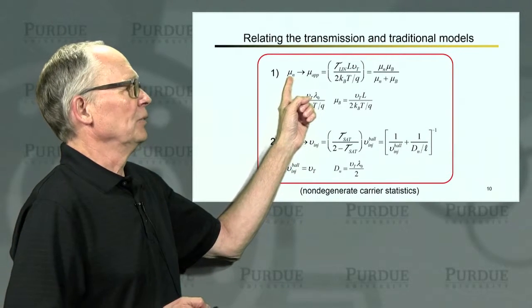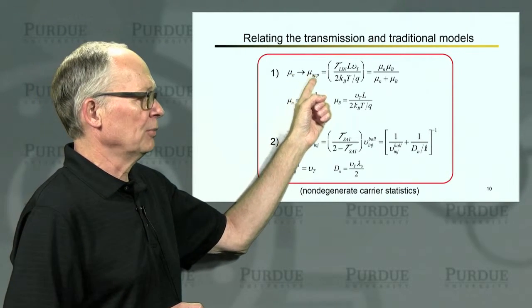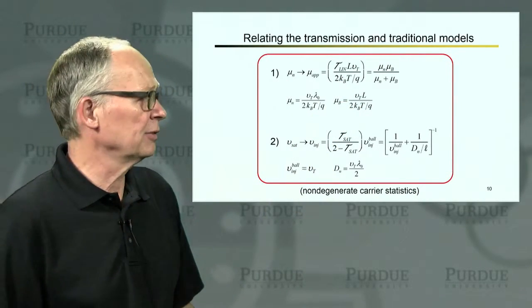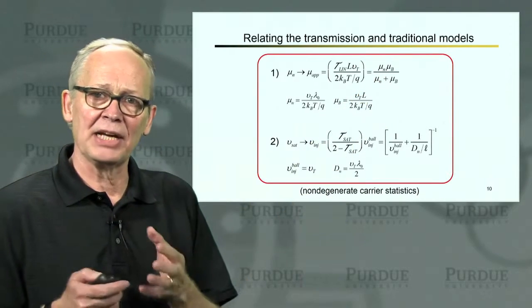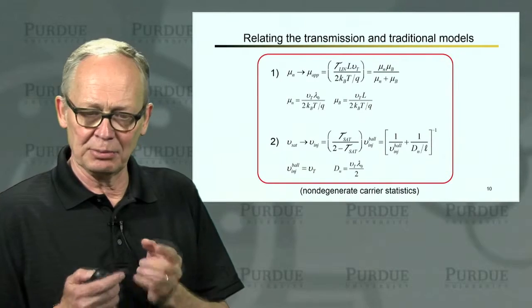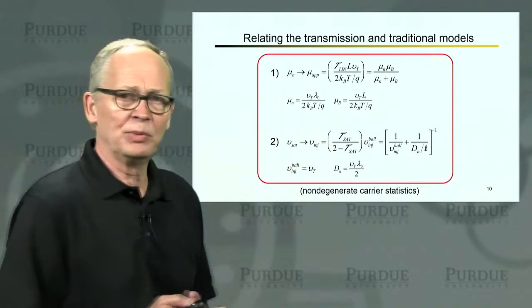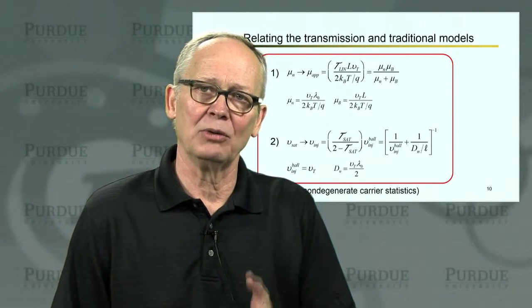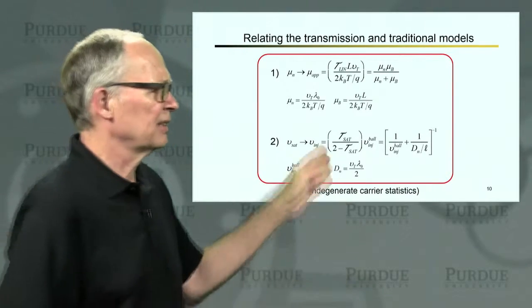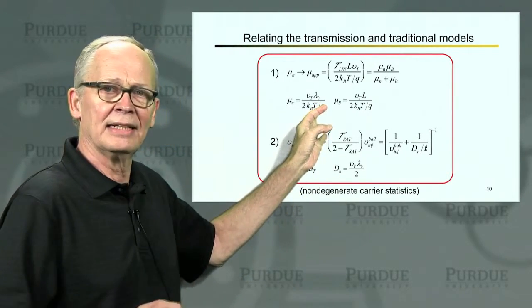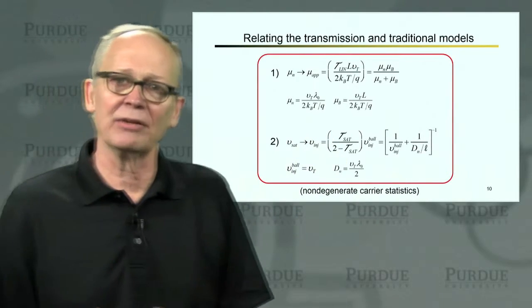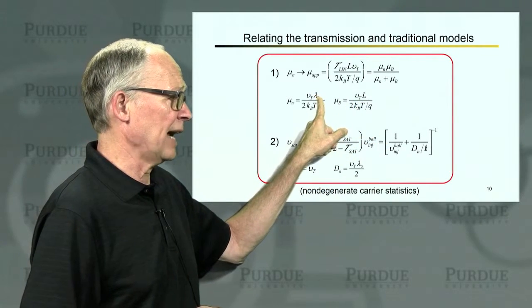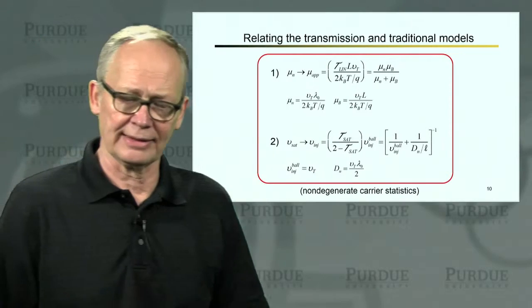So the replacement of the real mobility by the apparent mobility was the first step. The apparent mobility is related to the transmission in the linear regime. We can also express it as a combination of the scattering limited mobility and the ballistic mobility. The scattering limited mobility is proportional to the mean free path. Now you may be used to seeing mobility written as q tau over m, where tau is the scattering time. This is just another way to write the same thing. In this case, instead of using the average time between scattering events, we're using the mean free path for backscattering. And in the ballistic mobility, we just replace the actual mean free path by the length of the channel itself.